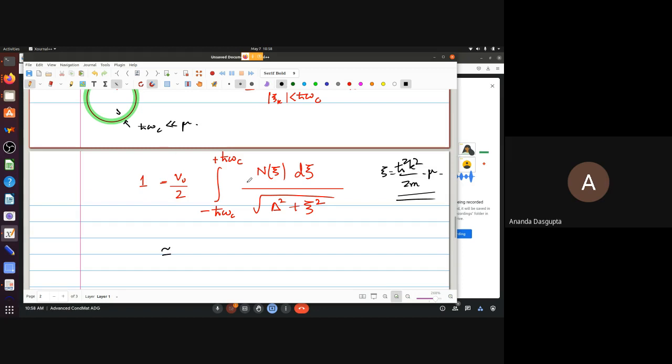So what we do, and in fact this is something we have done earlier also, is we approximate this n of xi by n at 0. That is n exact. 0 here, of course, means xi equals 0. That means the energy is exactly equal to the Fermi energy. So the density of states at the Fermi level is what you approximate n of xi by. You just say that when xi changes all the way from minus h cross omega c to plus h cross omega c, n of xi doesn't change that much. It's a slowly varying function. I can pull it out as n0. And then